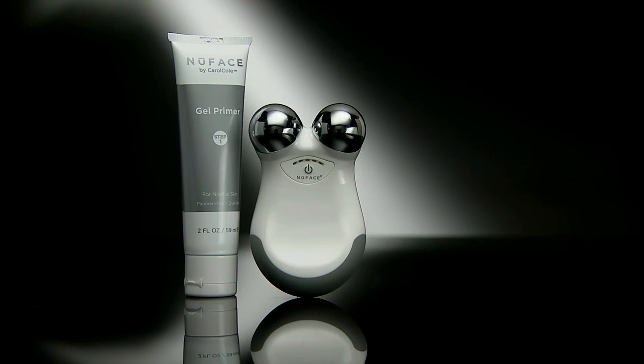That one is our NUFACE Mini at-home microcurrent facial toning device. It is a nominee for our 2014